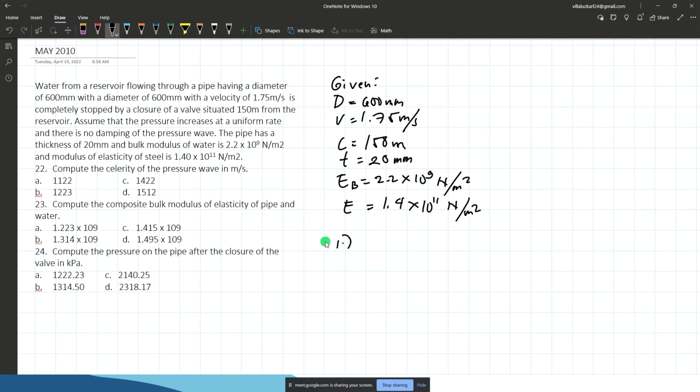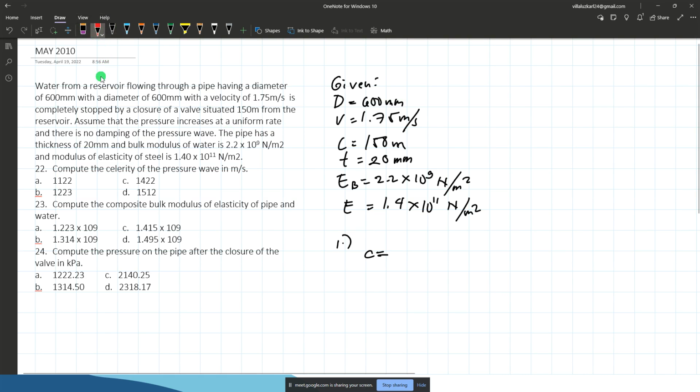Number 2, the bulk modulus of elasticity of the pipe and water, the composite bulk modulus. And then the third question is the pressure on the pipe after the closure of the valve in kilopascal. So for number 1, the celerity that we are going to use here is